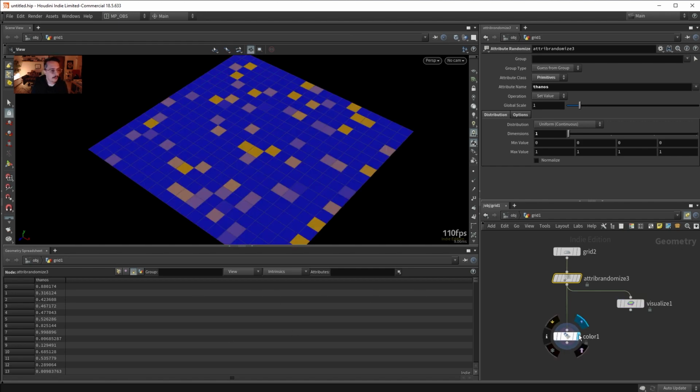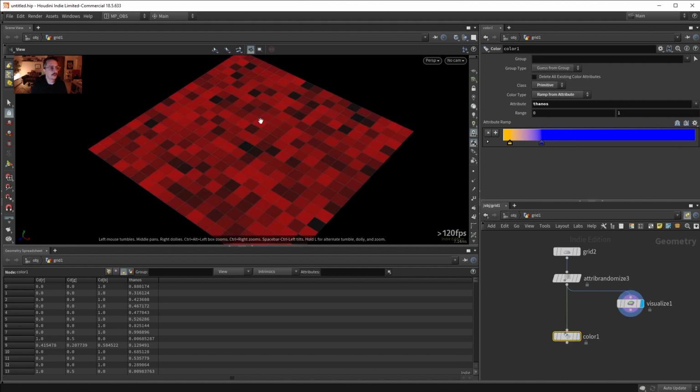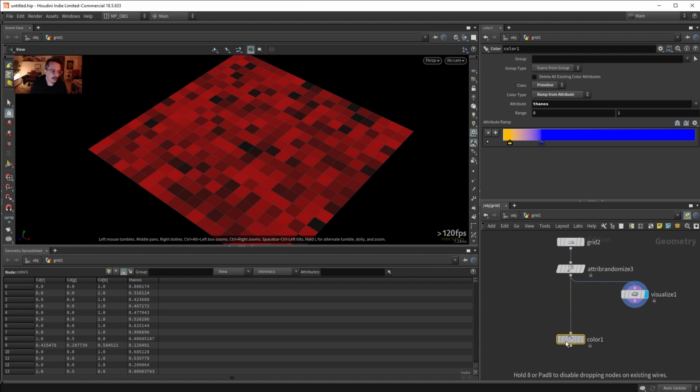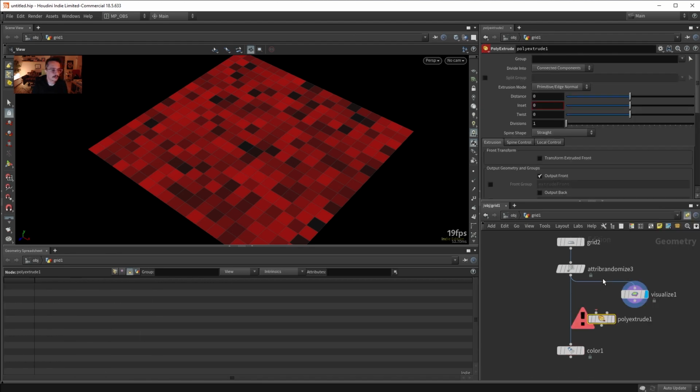So this is how you also see visually your attributes without looking at your geometry spreadsheet or anything. And always dropping a color and checking what's going on is a good idea, but as long as the color has the ramp in its place. Now that the ramp has been clamped, it doesn't actually correspond with what I'm seeing here. Sorry, this might have been confusing, but I had to get it out of the way. So as I was saying, what I can do with this attribute? Well, if I throw now down a poly extrude node